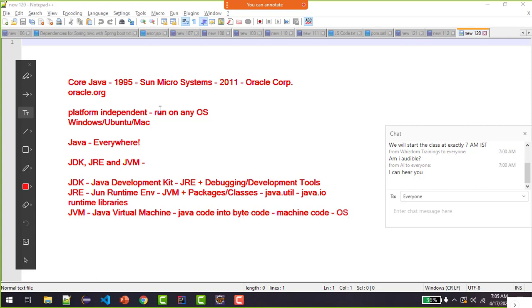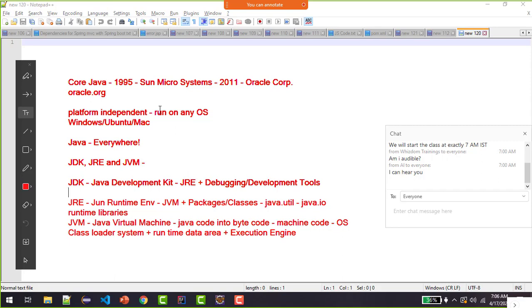But if you Google it, if you read books, they say JVM has a class loader system, which again converts .java into .class. They also say that JVM gives you the runtime data area as part of any operating system. They also say that ultimately a Java based application runs because of JVM, because it gives you the execution engine, right? So let's talk about them now.